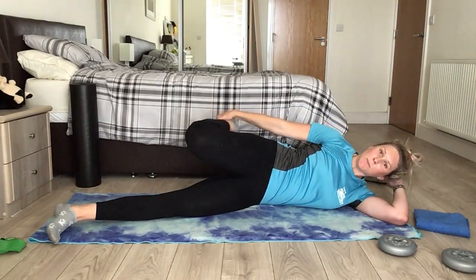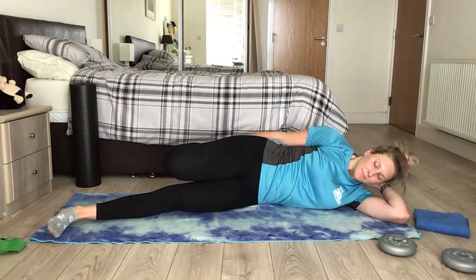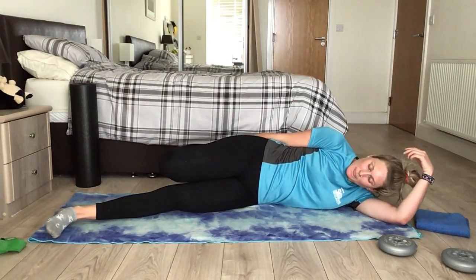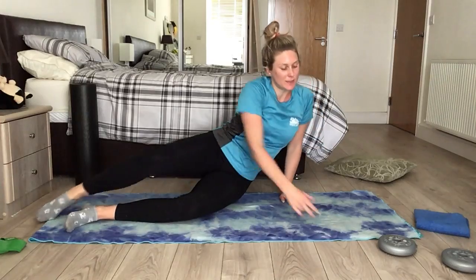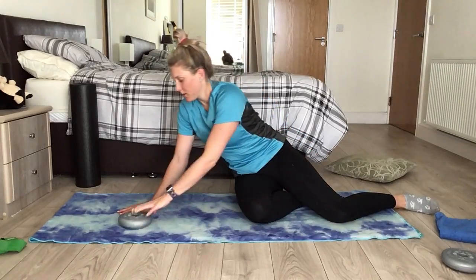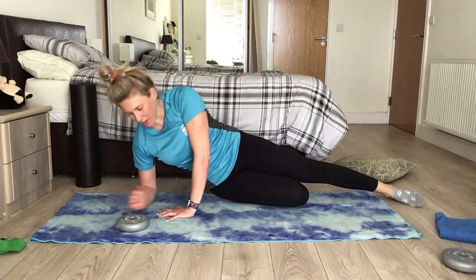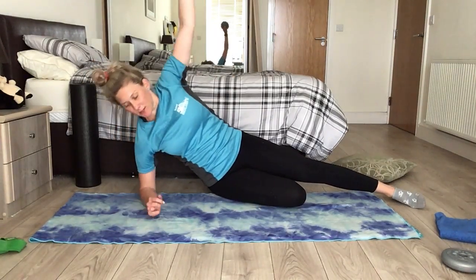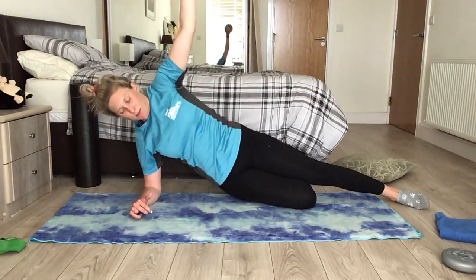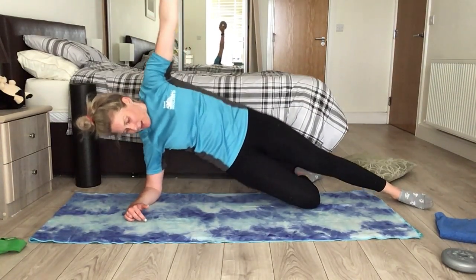Lower down. Grab the top of the ankle, stretching out the quads. Make sure not to arch the low back. Straighten the leg out. We're going to switch to the opposite side. Starting out with a weight if you'd like. Elbow bent, knee bent, or you can keep it straight if you want to make it harder. Hold the arm up in front, lift the hips up and lower for 2, 3, 4, 5, 6, 7, 8,